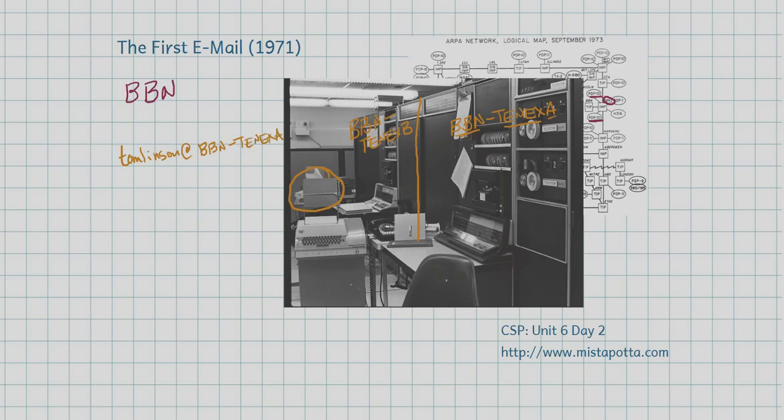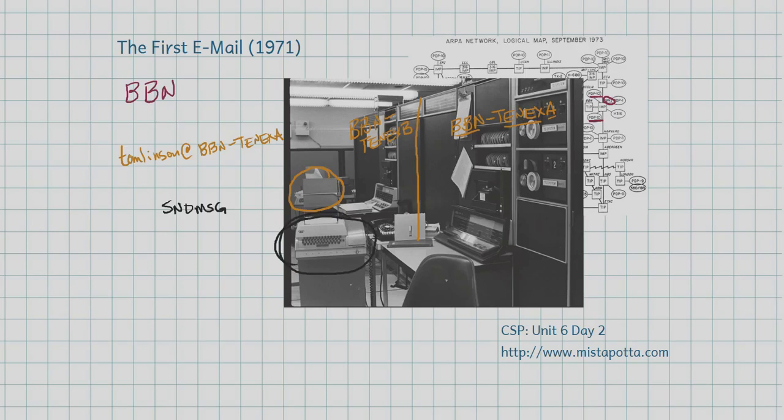Notice that there's no .com or .net like you normally see when we talk about internet or other things. But this is the first time that an electronic message was sent to someone. And what he did is he actually had two programs. One that he wrote, which was called Send Message, SNDMSG. And its sole purpose was to send a message from one place on ARPANET to another place.